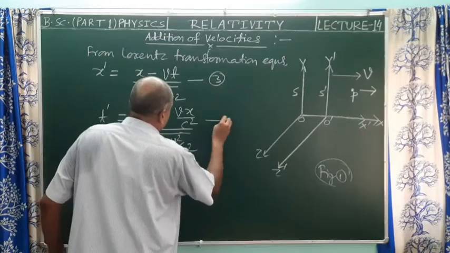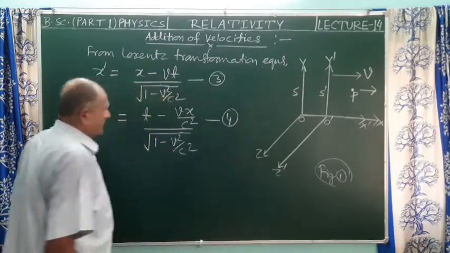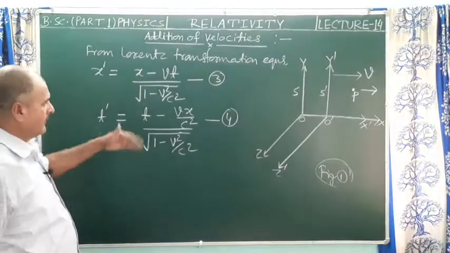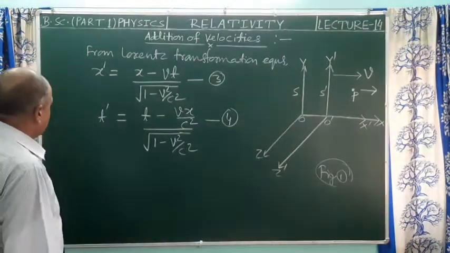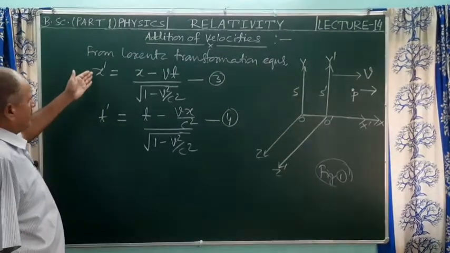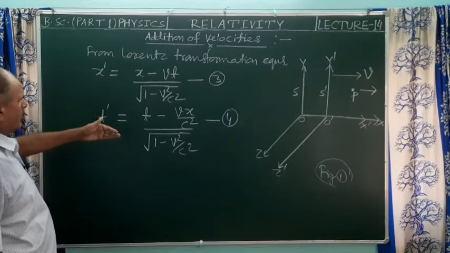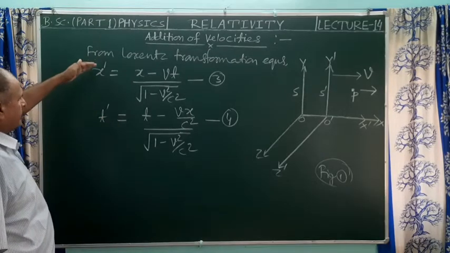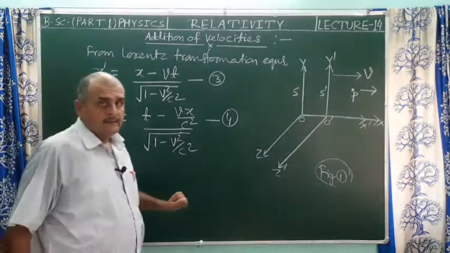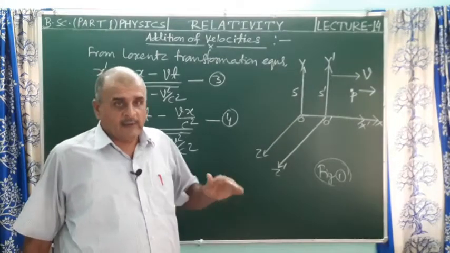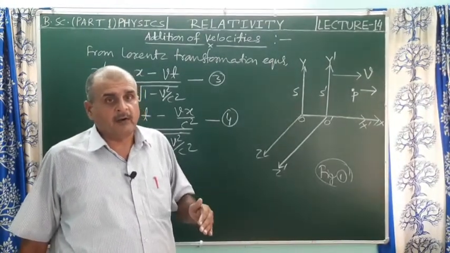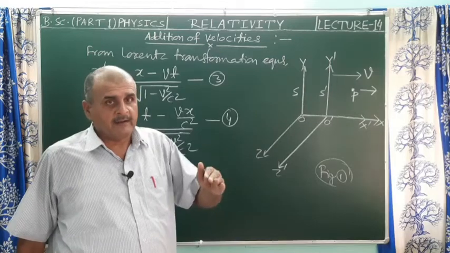This is equation number 4. Now we can differentiate equations 3 and 4 to get dx dash and dt dash, to obtain u dash, that is the velocity of the object as measured from frame S dash,